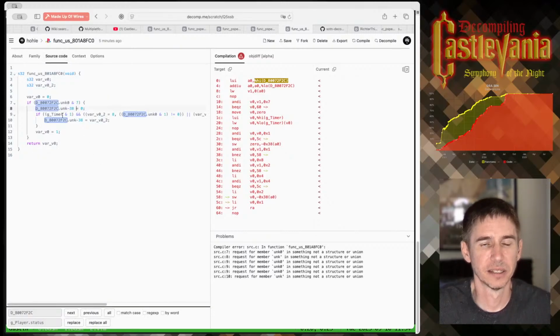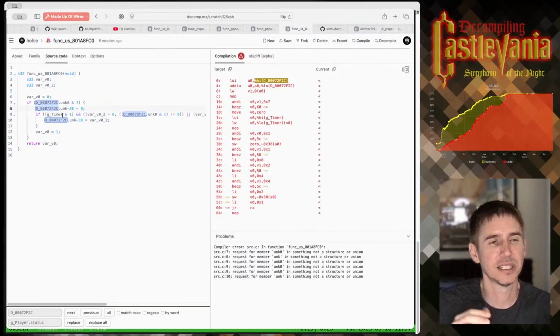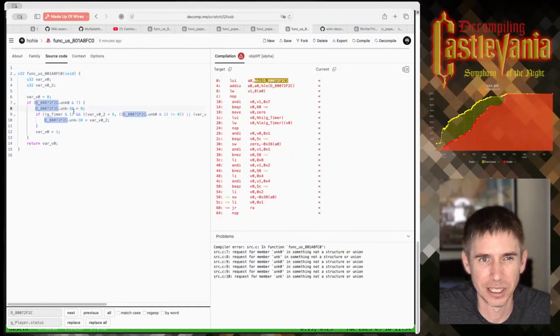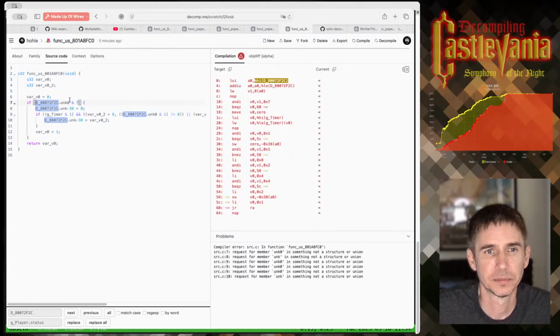The negative 38 basically is saying GCC loaded this address in this struct, and instead of loading a second address in another register, it's just going to do calculations based on that position. So let's do this. We're going to replace all of the unknown 0 with G player status.